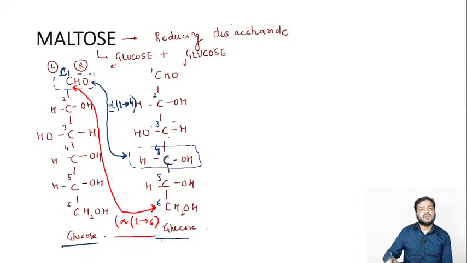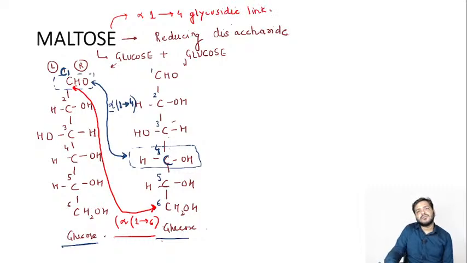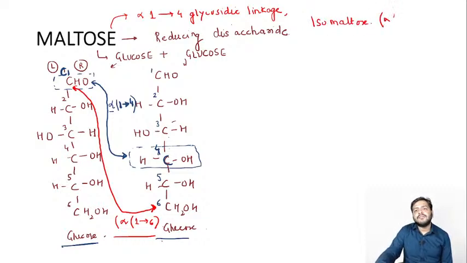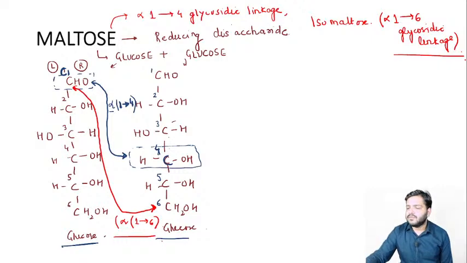So in maltose we have alpha 1 to 4 glycosidic linkage, and in isomaltose we have alpha 1 to 6 glycosidic linkage. Okay,